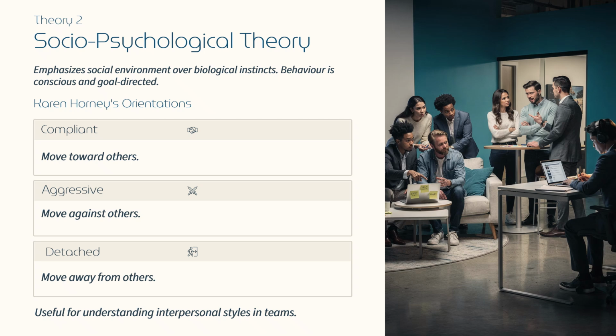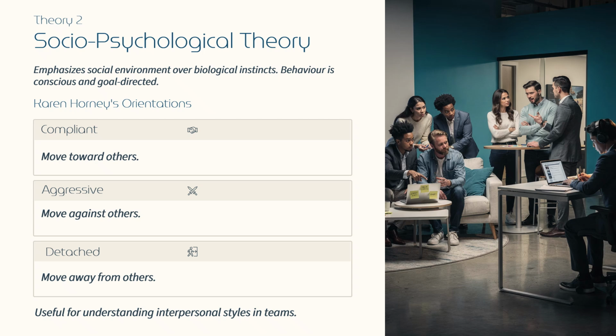The second theory is socio-psychological theory. It emphasizes the interdependency between the individual and society. There are two major differences. First, social variables, and these variables are seen as the primary shaper of personality. And the second, behavior is considered conscious. Man knows what he wants and his behavior is directed effort to meet those needs.